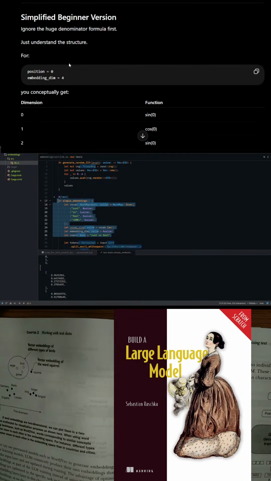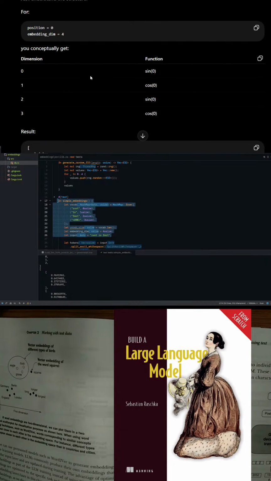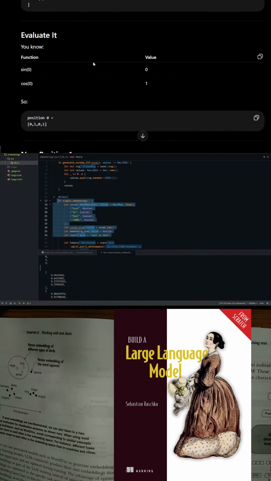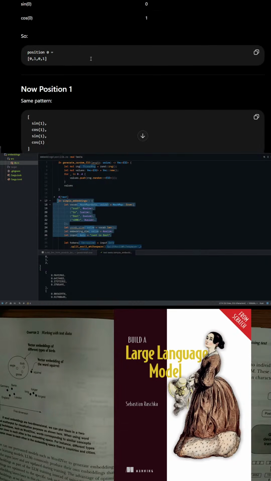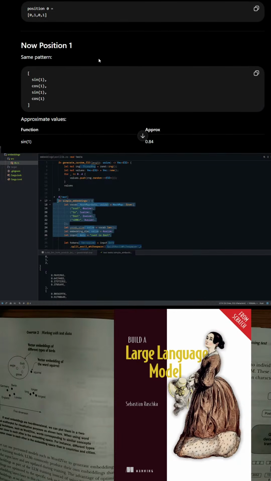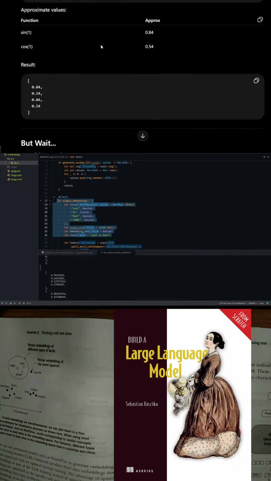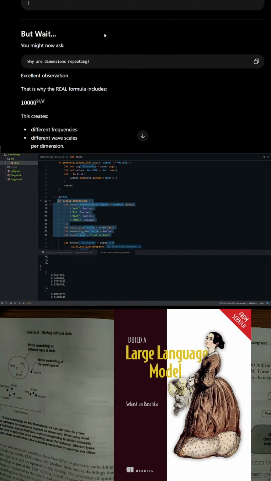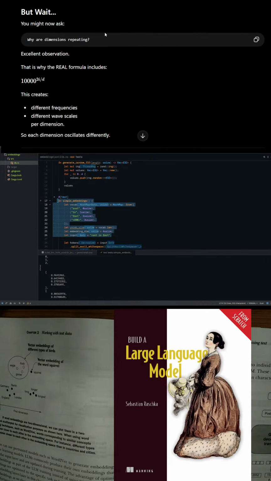Position 0. It's weird, no? So I produce the same pattern for position 1. That's why the real formula includes